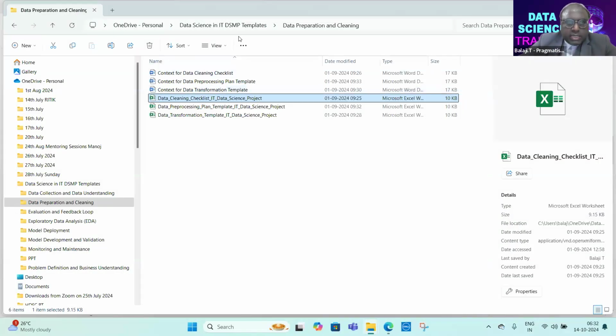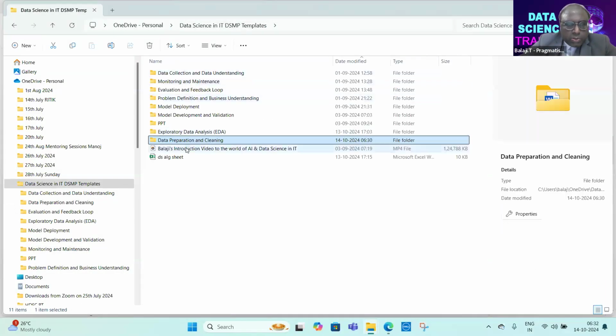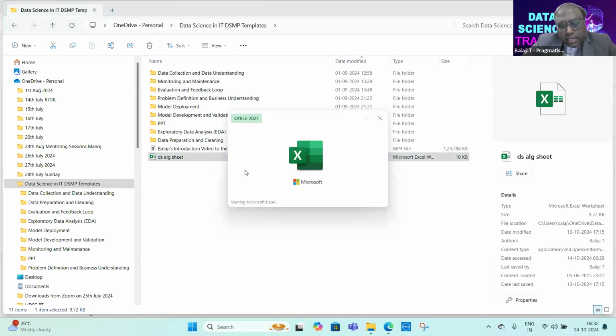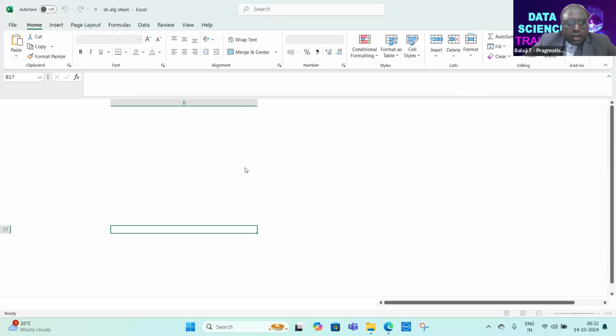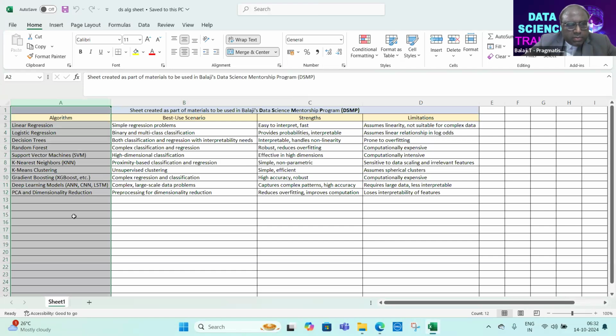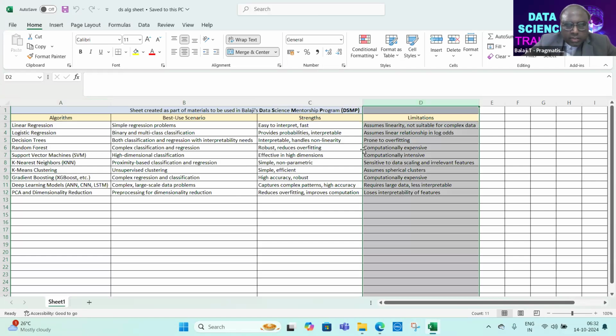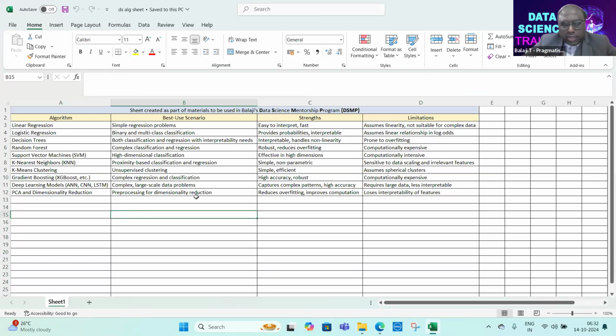I just wanted to show you the real-time templates I created, and I also have one sheet for data science algorithms. These are the commonly used algorithms and their strengths and limitations. Of course, all these materials are part of my data science mentorship program, DSMP, but I still thought to show it to you.